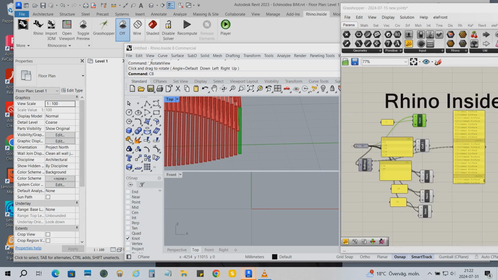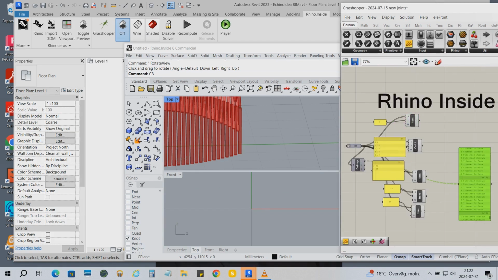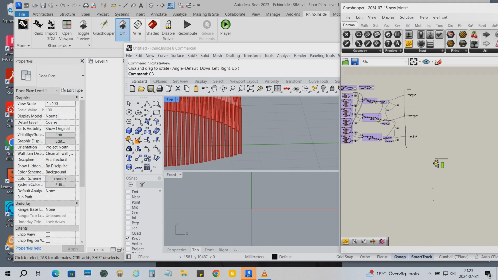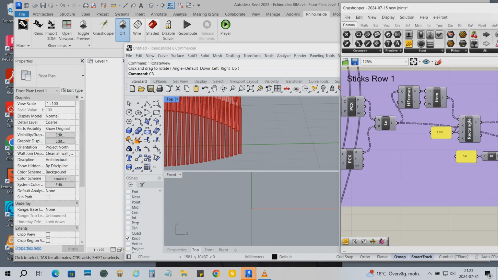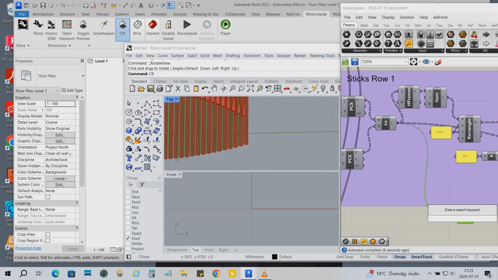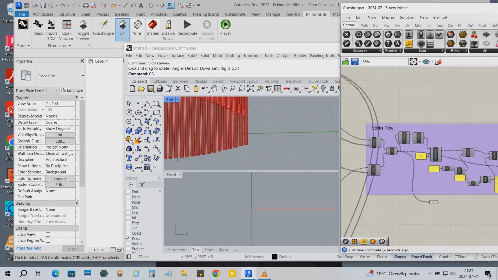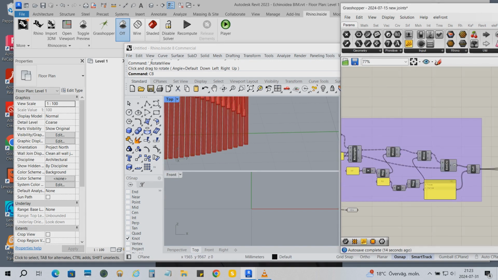This is my stick. And now I need the information about the cutting length. The cutting length is equal to the lines that we generated before we generated the sticks. And I need to find that line. I think this is my row 1 and here are my lines. Let's read them. Connect them to an empty curve component. Here are my lines. I have to exclude every second one according to this pattern that we used before. I copy the pattern,